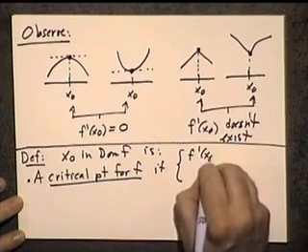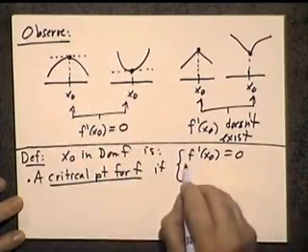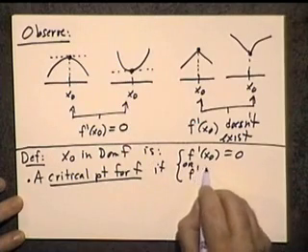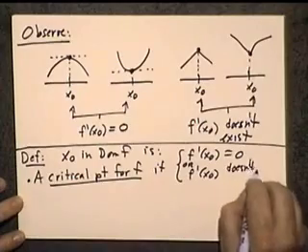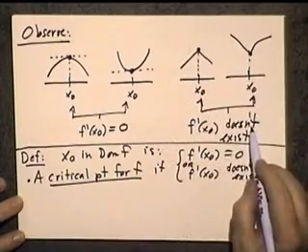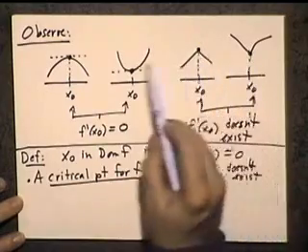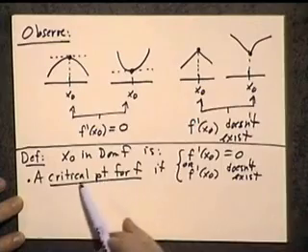Either f prime at x naught is 0, which is like these cases, or f prime at x naught doesn't exist, which is like these cases. So points that lead you to these situations are called critical points